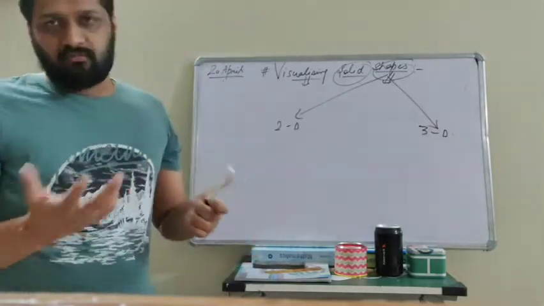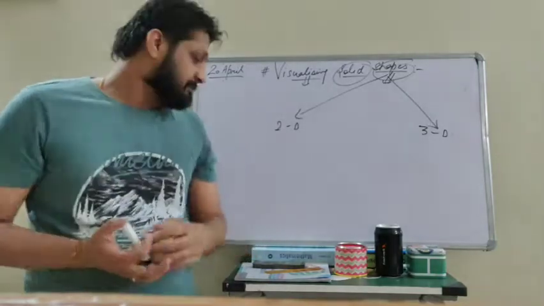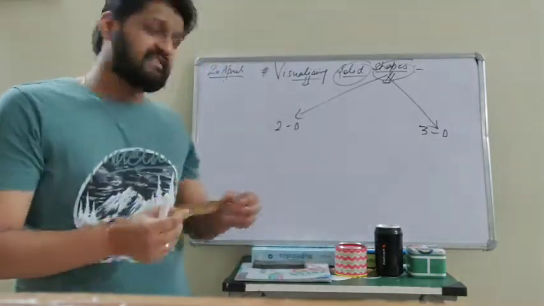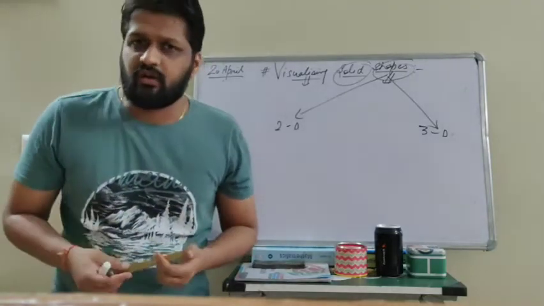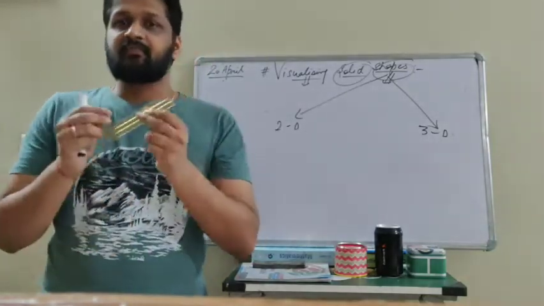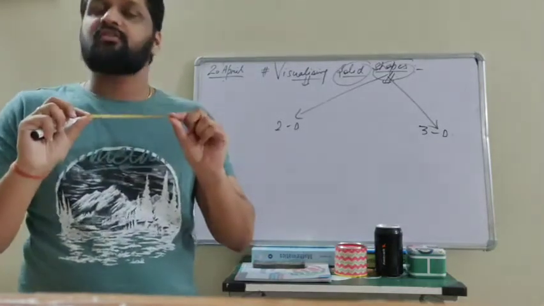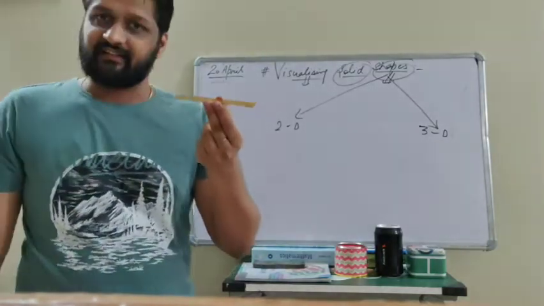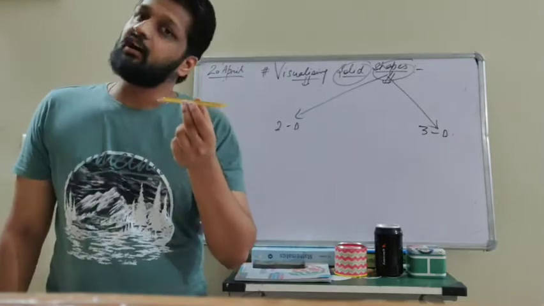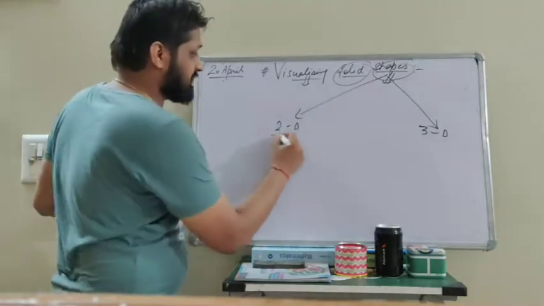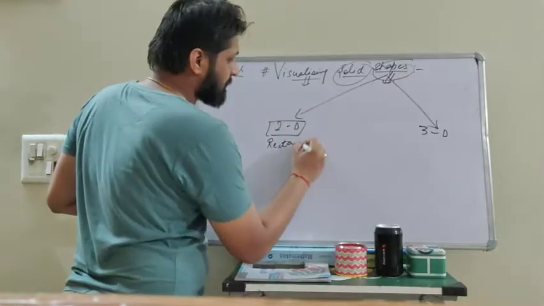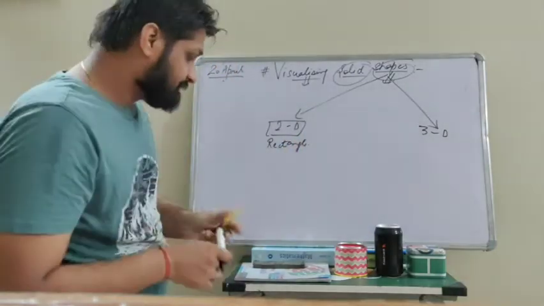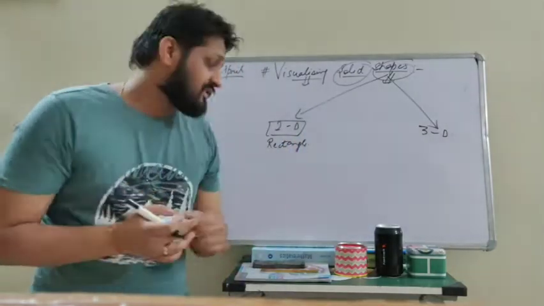Now let's start with some daily routine examples. As you can see, there are a lot of shapes I have placed here to discuss one by one. Now what is this? As you all know, this is a scale and this is the form of a rectangle, and a rectangle is basically a 2D figure. So here it is a 2D rectangle. A rectangle is a 2D figure and it has a length and the breadth.